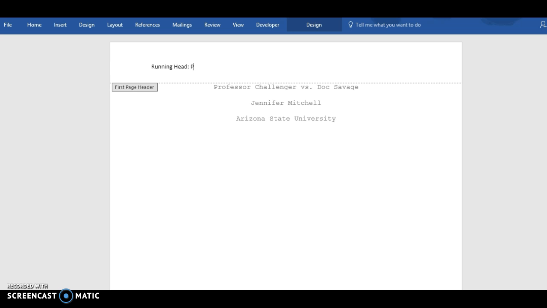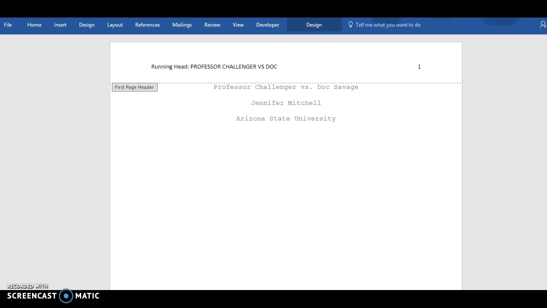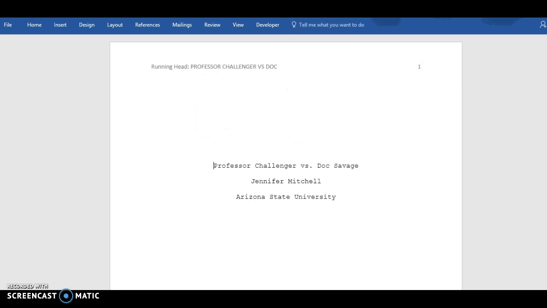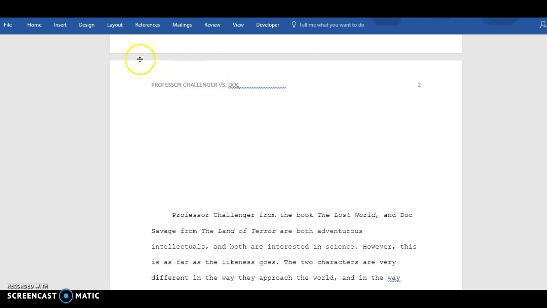All caps. Okay. Okay, so now I have two separate headers. This one says running head, and here just the title. All right, so